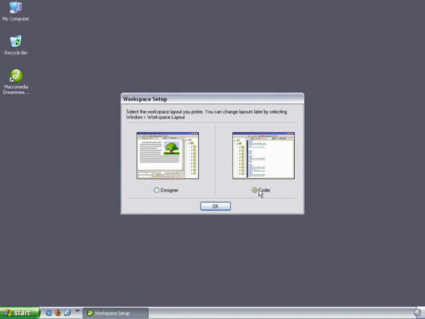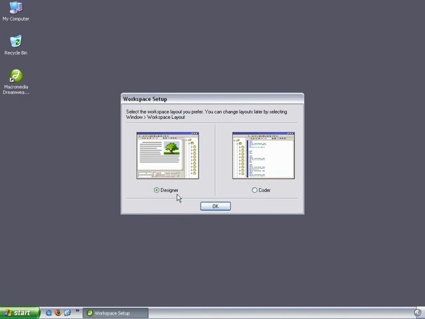If you choose coder, your workspace will be set up with all the panel groups docked to the left side of the screen, and your documents will open in code view by default. Now, in these movies, I'm going to be working almost entirely in the designer workspace, so I suggest you do the same. I'll be showing you in just a few movies from now how you can customize your workspace even